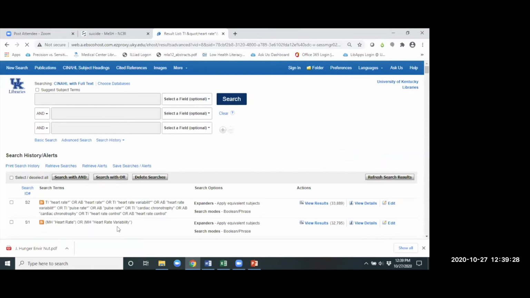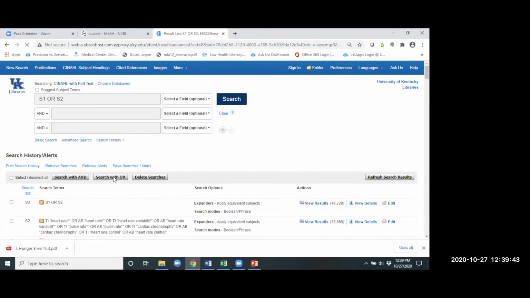So I have my heart rate terms, my MeSH terms, or my CINAHL subject heading terms, and my title abstract terms. I can actually go ahead and combine those with OR, because that is what I'm combining all of those terms for, the concept of heart rate variability. And so now